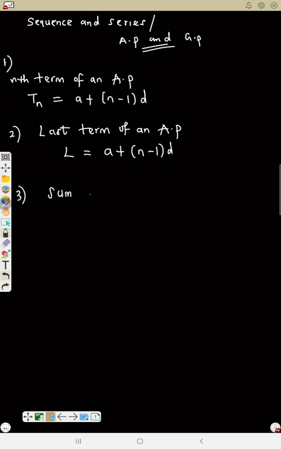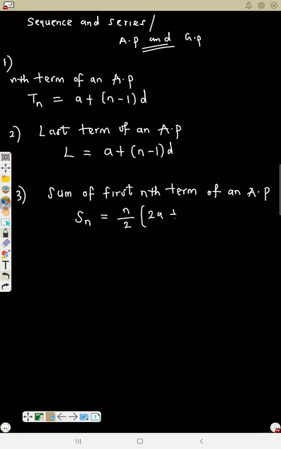Sum of first n terms of an AP. So sum of first n terms of an AP, we represent that one as Sn. That is n over 2 into (2a plus (n minus 1) into d). We also have number 4,